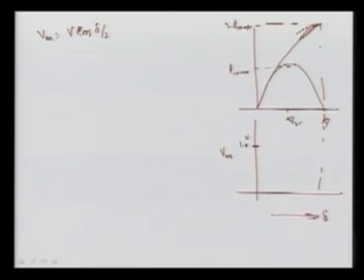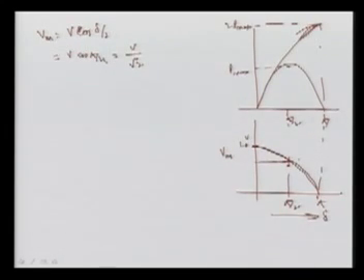When delta is pi by 2, what will happen? Pi by 2 means it is pi by 4, means it is your V into cos pi upon 4, means you can say V upon under root 2, means we are getting some voltage here. And when delta is pi, this is 0 and we are getting 0, so we are just going to get this voltage profile. And this voltage is nothing but your 0.707 V.